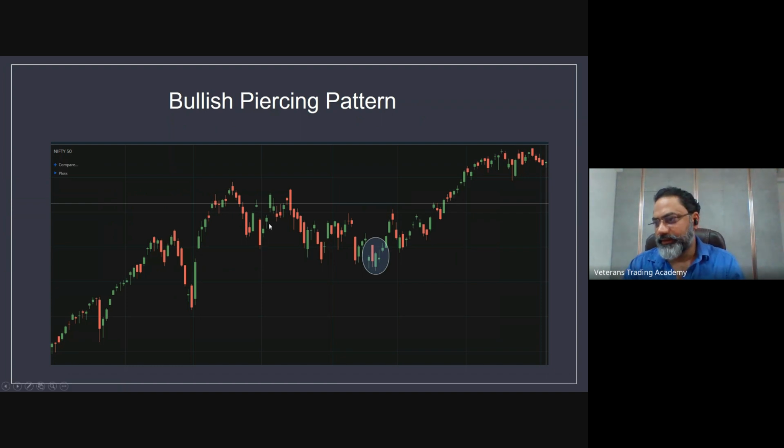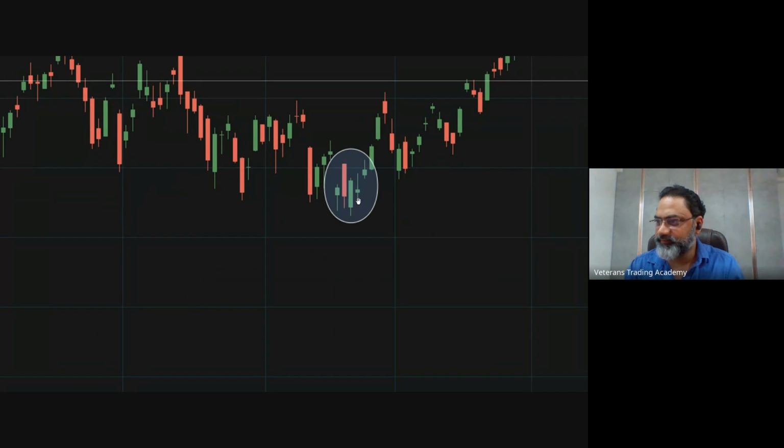So as we can see, this is a Nifty chart, and it was formed when the market had a consolidation. It was going down for some time, and then a reversal pattern was formed in which, if you can see, this is a bullish piercing pattern in which the market had a gap down opening, and it covered close to about 50% of the previous day's loss. And so this marks an end of